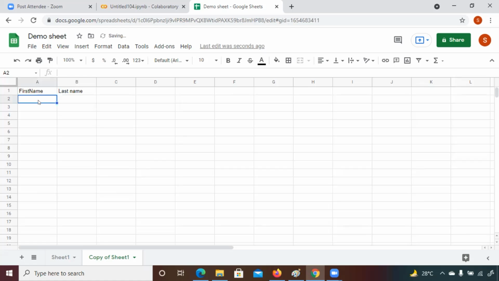Okay, so I'm just writing your name, Geeta. Let me add one more column here. So suppose it is Geeta. I'm explaining you with an example. So suppose it is Geeta.